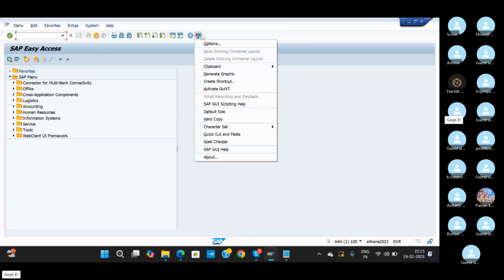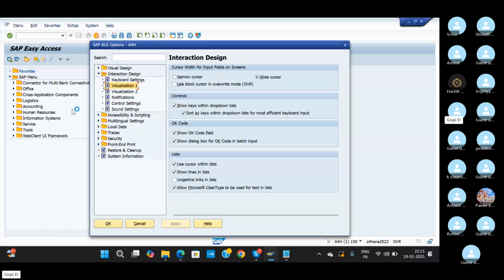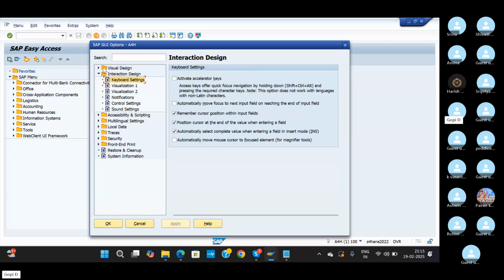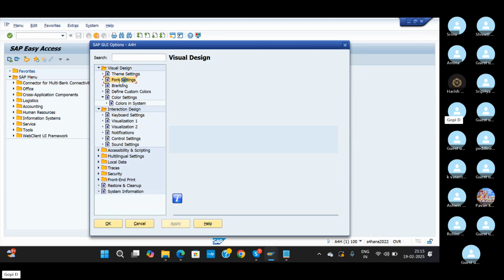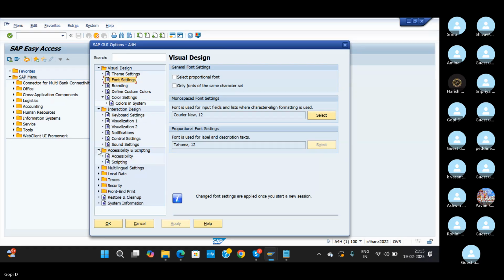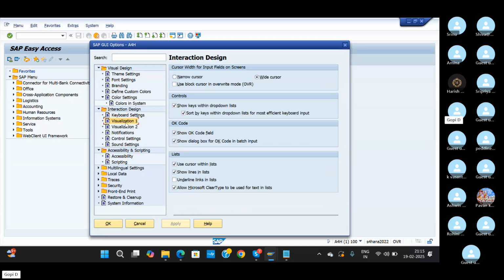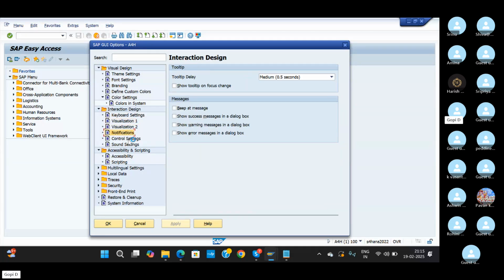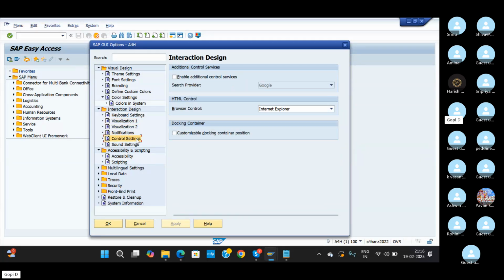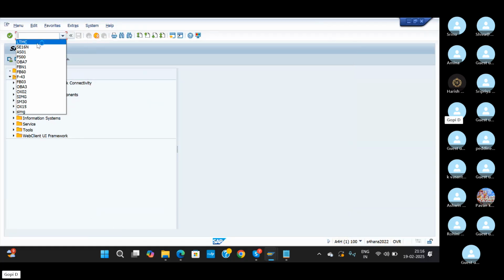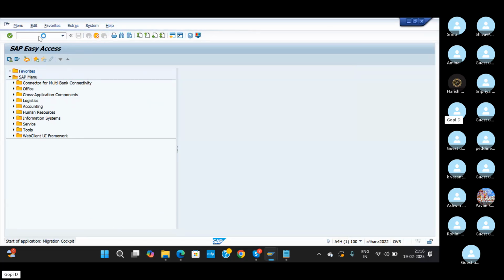But before that, I need to change one of my settings. Where is that setting, my dear friends? Anyone have any idea? I need to change one setting. In accessibility, no; keyboard visualization, notification, no. Here in control settings, instead of Internet Explorer, I need to change to Edge, apply, okay. And now if I open this one, LTMC,